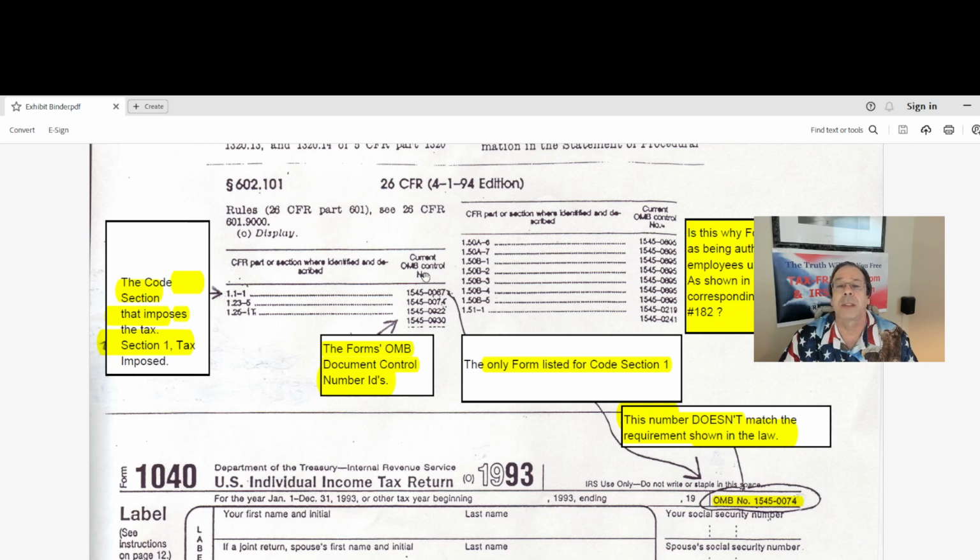1545-0067. There it is. Okay? So that OMB document control number must be the OMB document control number that's on a Form 1040, right? Because that's what everyone thinks is required by law. So here we go, down to Form 1040. Now this is from 30 years ago, 1993. I'll show you a more recent one in a minute, but here's the OMB document control number,